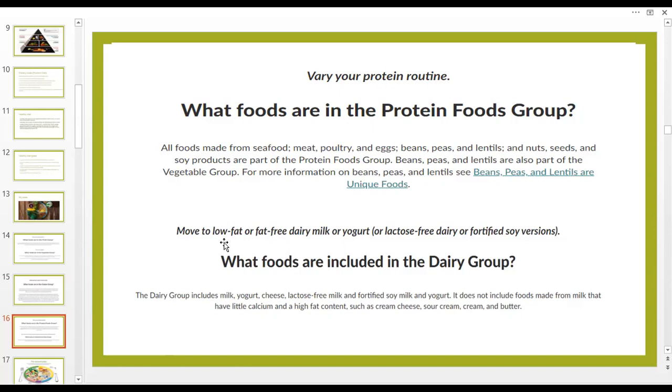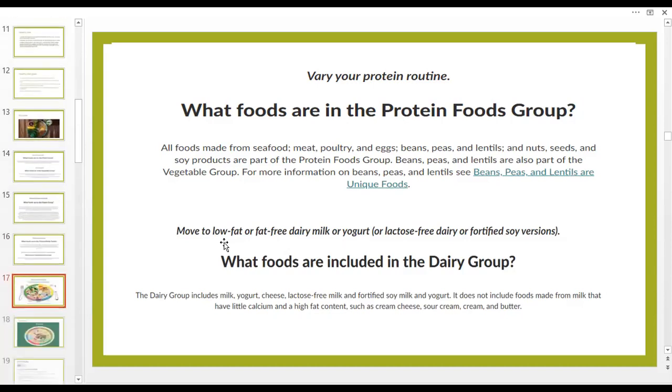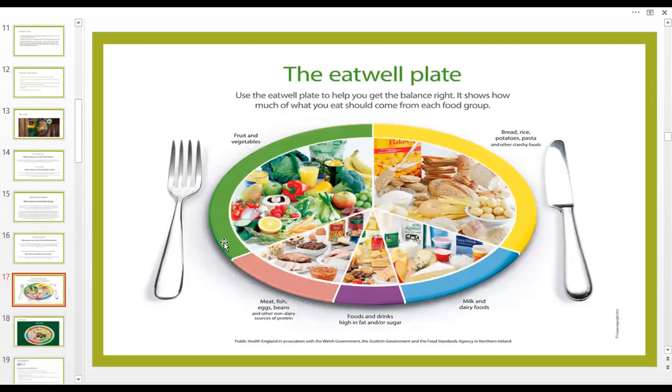It is recommended that you should use low fat or fat free dairy milk. So those were the guidelines My Plate developed according to the USA population. Now the UK population has developed the Eat Well Plate according to their population, which includes bread, rice, potatoes, pasta